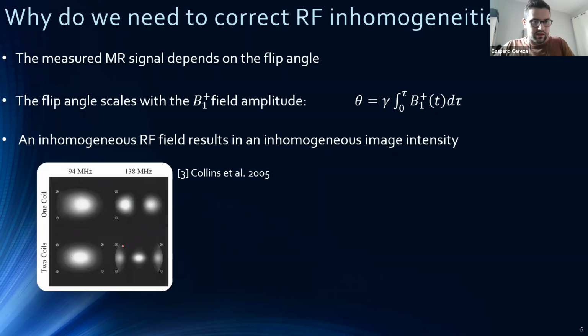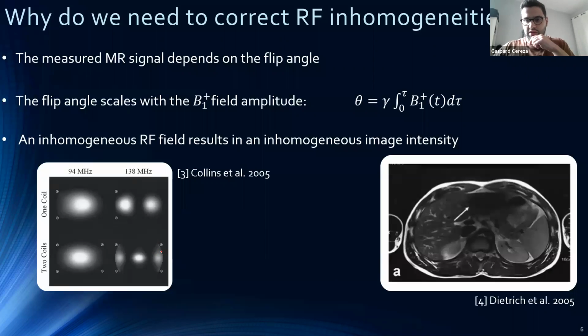And we can also see that with two coils, at low frequency, we don't have many interference effects, but at higher frequency, the interferences become a bit more visible, a lot more visible. And so that can be a problem in our images because we will have drops of intensity at some